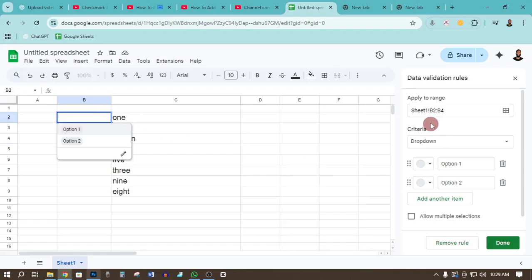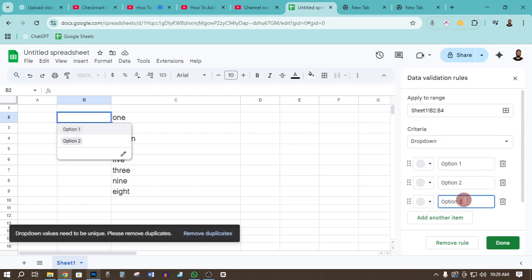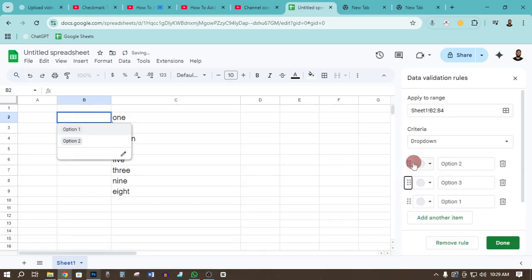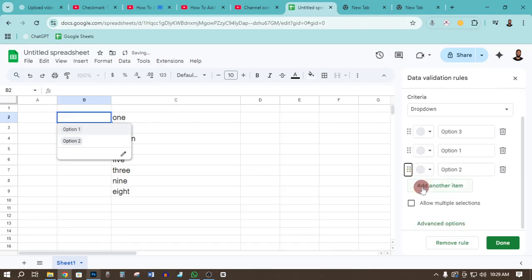You can customize from here. Like if you want to add another item, just click here and copy, and just click and write a value like option 3. And if you want to reorganize the position, you can drag and drop. Allow multiple selection, and you can also